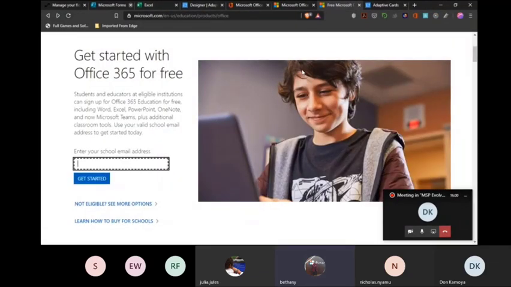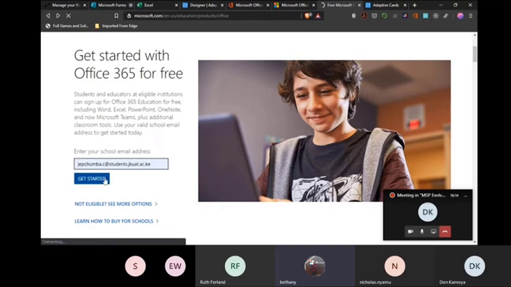Can you see it? This page basically tells you what you can do with Office 365 and how you can get it. So you just type your school email. That is mine. And then click get started. After that,